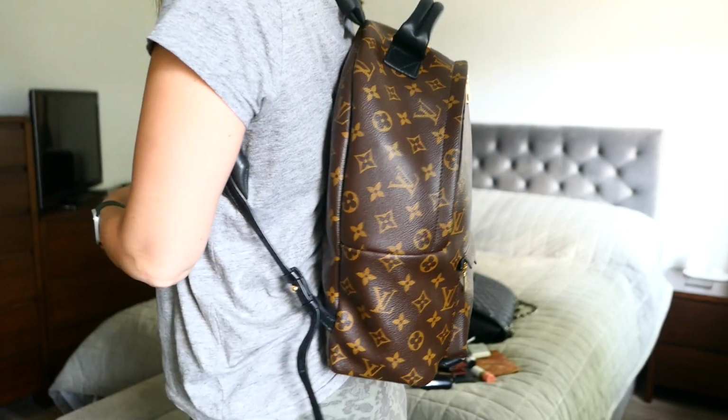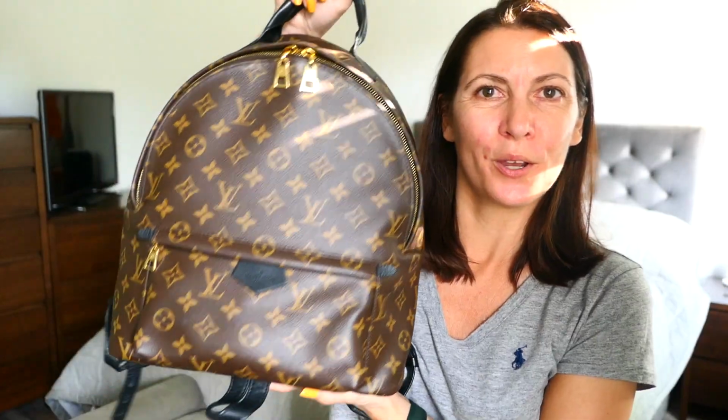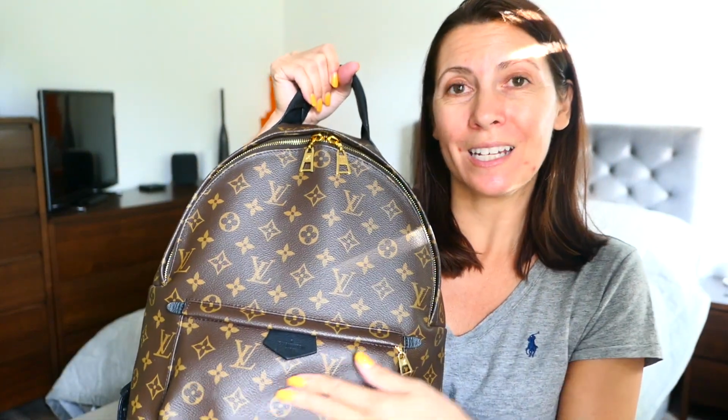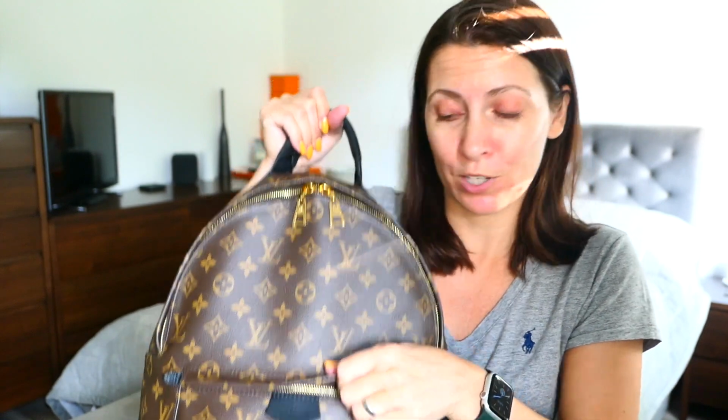So you can see, that's the Palm Springs size backpack. So what do we have in here? Firstly, in this front zip pocket, which is also handy, and I will sometimes use this for my umbrella, which fits in here, I have